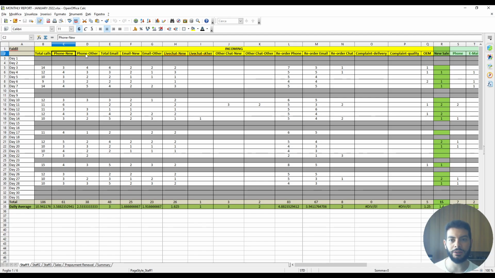Here we have the channel, and notice that we have a new and other, and this becomes a problem because in traditional customer relationship management, for example HubSpot, instead of 2 columns you have 1 column that mentions the stage, if it is a lead, if it is a client, or it is in a discussion phase or so on, depending also on your custom labels.